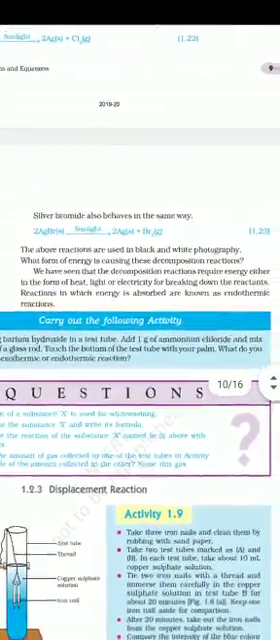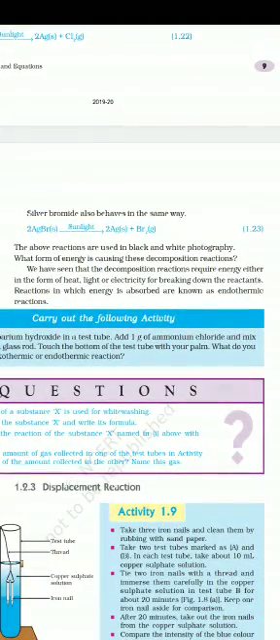Children, the above reactions are used in black and white photography. What form of energy is causing this decomposition? Sunlight, photons. That's why it is called photolytic decomposition. We have seen that decomposition reactions require energy, either in the form of heat, light or electricity, for breaking down the reactants. Reactions in which energy is absorbed are known as endothermic reactions. So children, here we have decomposition reactions: thermolytic,